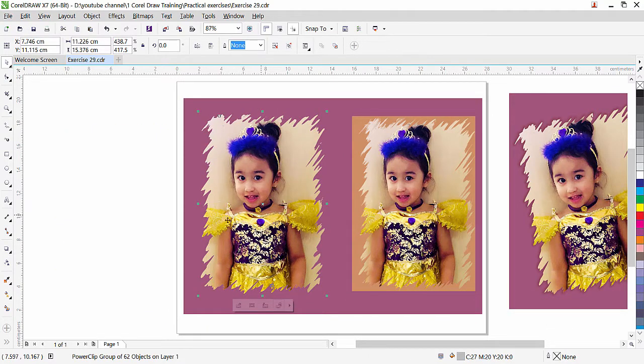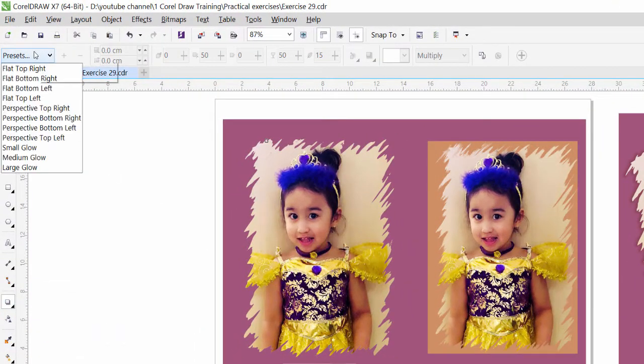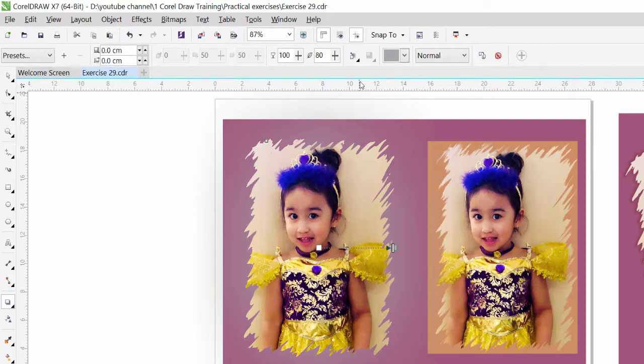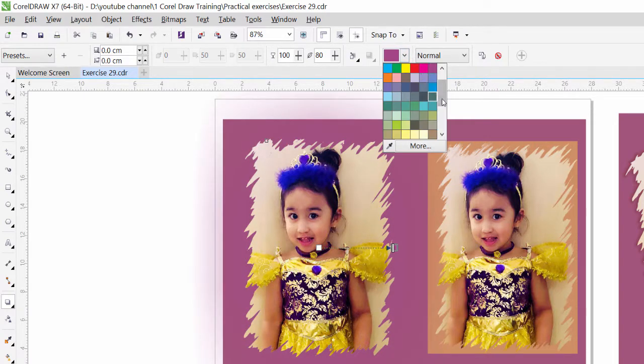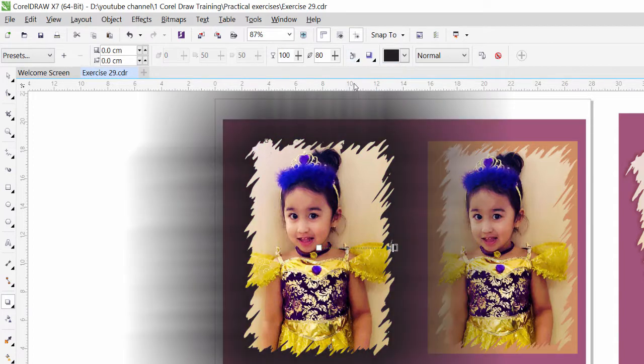It is selected. I will go to the drop shadow and here we have presets. If you want, you can apply the preset large glow. Let's try that one. Here we have color. If I want, I can choose some dark color. Let's choose black for now, and here I can make it outside. We need to reduce the shadow here.